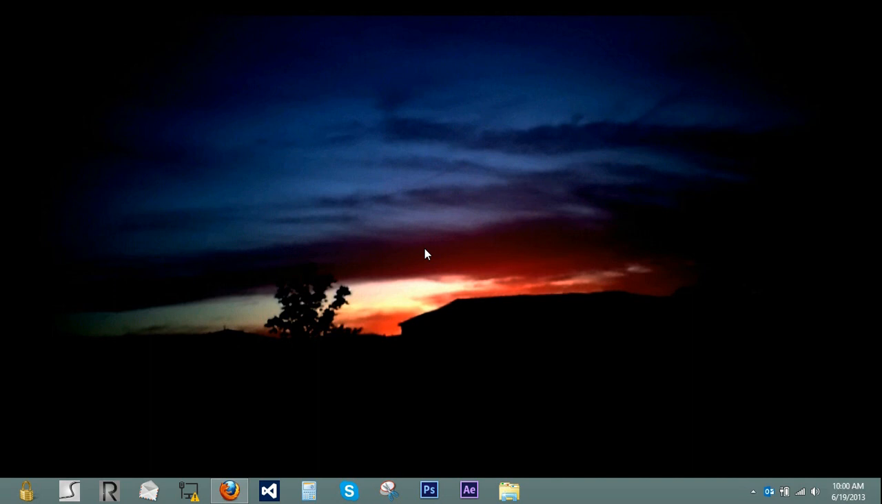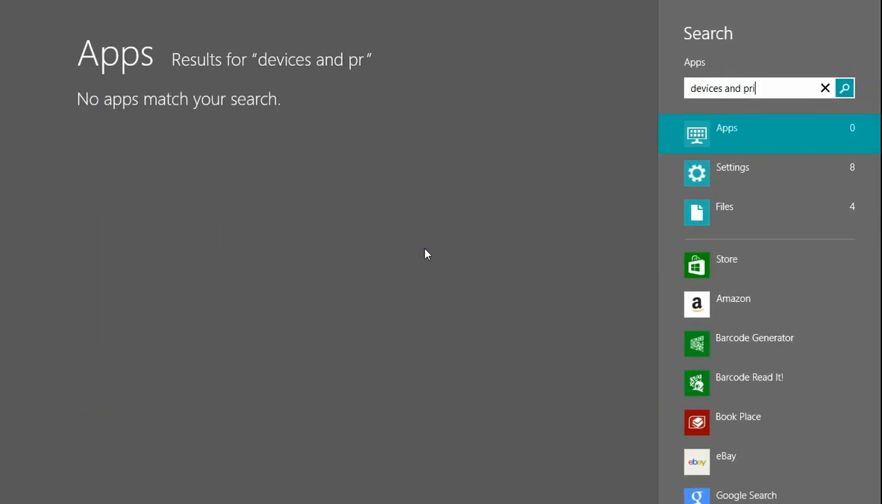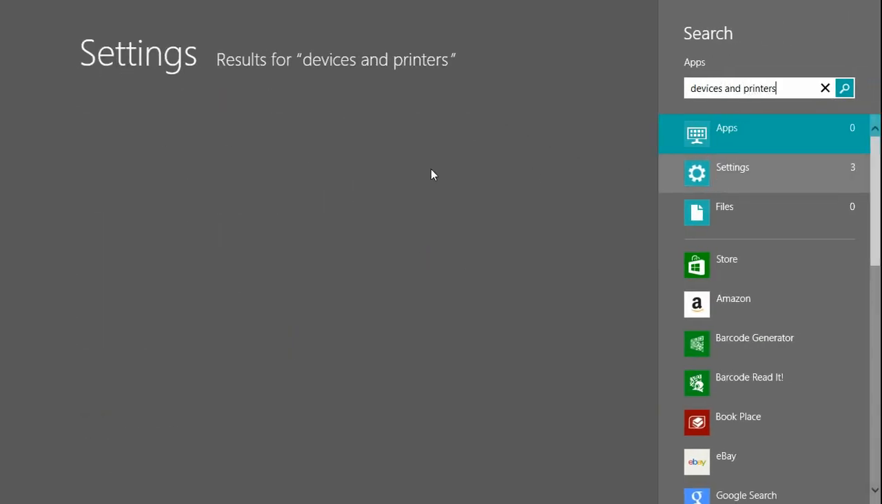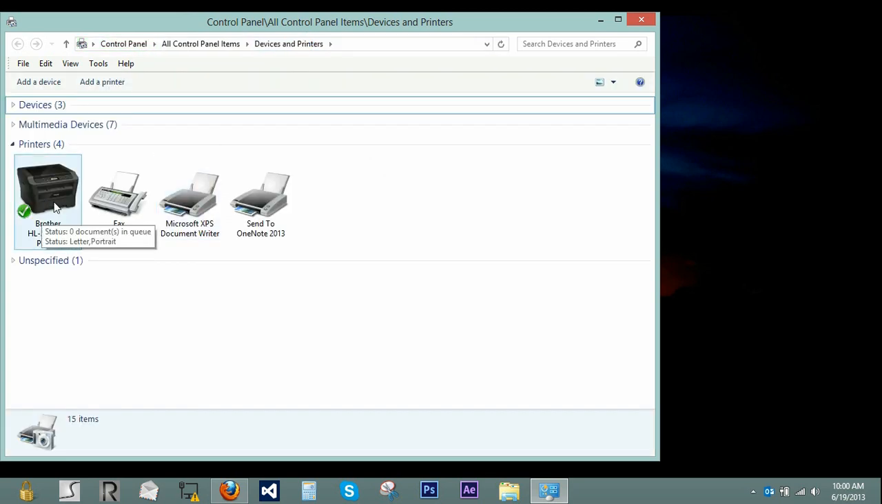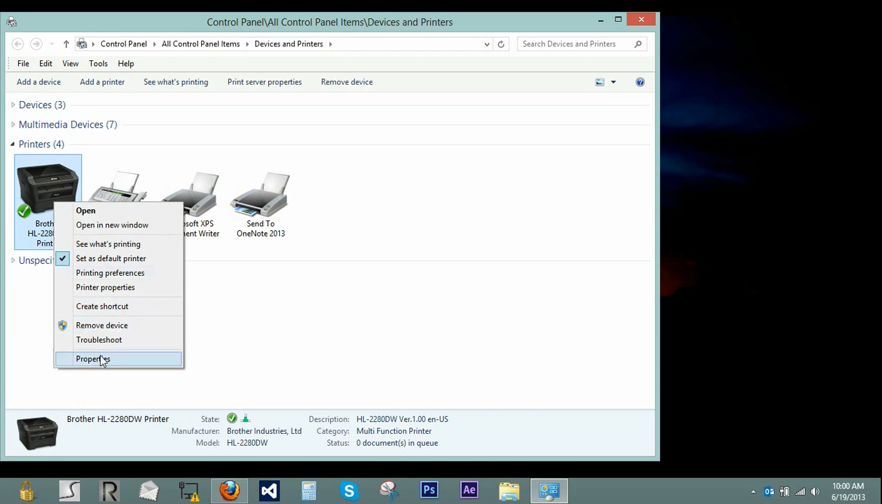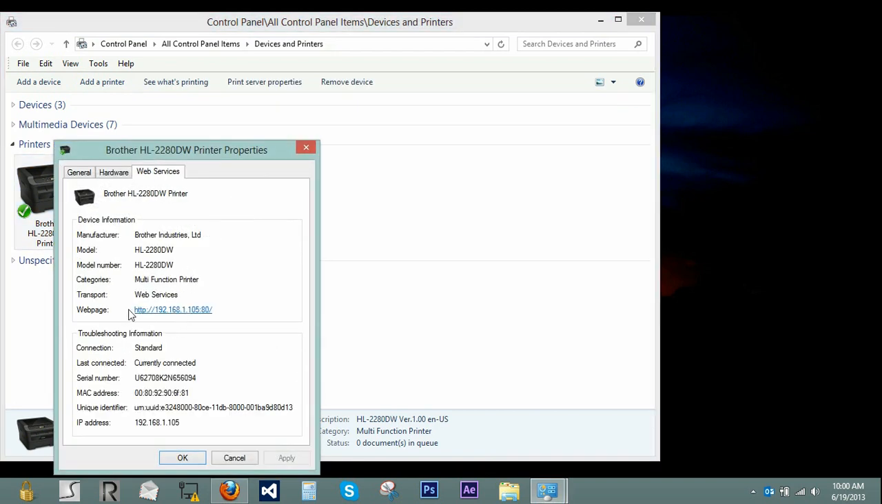So how you find this out, I'm going to go to my start menu and type in devices and printers under my settings here, and this will be different in Windows 7. Obviously you'll have to go to control panel and then devices and printers. Now you can see here that I have my printer, and if I right click and click properties, under web services, we have this web page. So if I click on that,